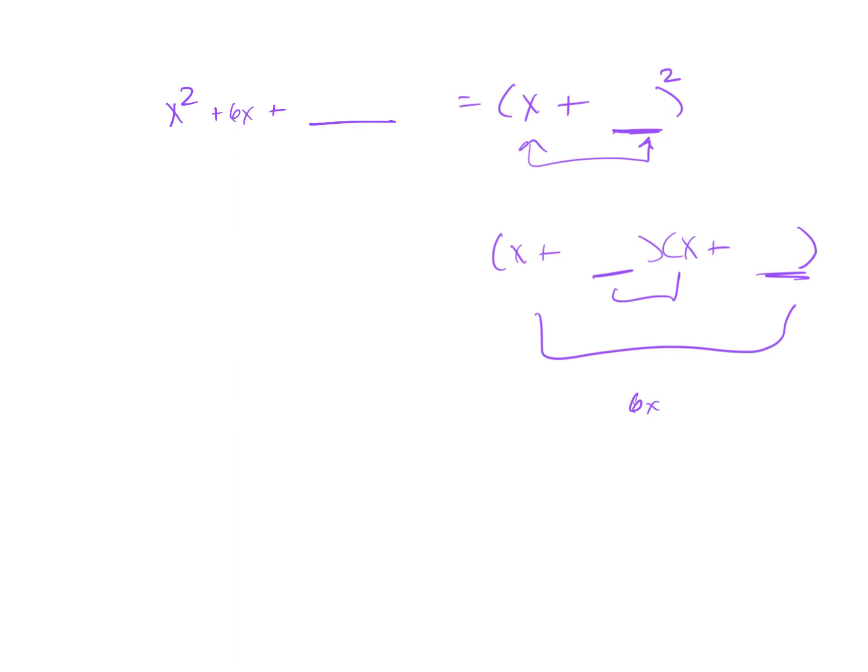Is everybody with me? What are they if they're the same number? 3. And if that's the case, what number would have been here so it factored out to (x plus 3) quantity squared? 9. So what you do, you always take half this number and then square it. Is this okay? So if I go back over,